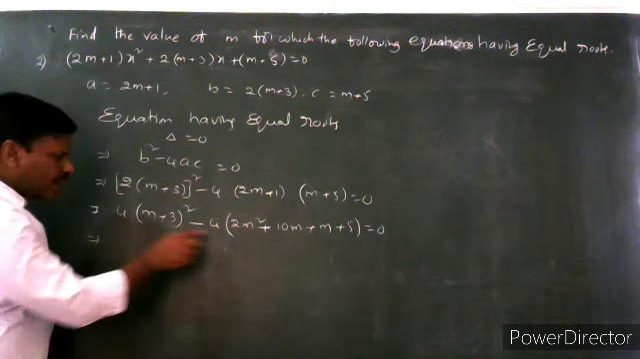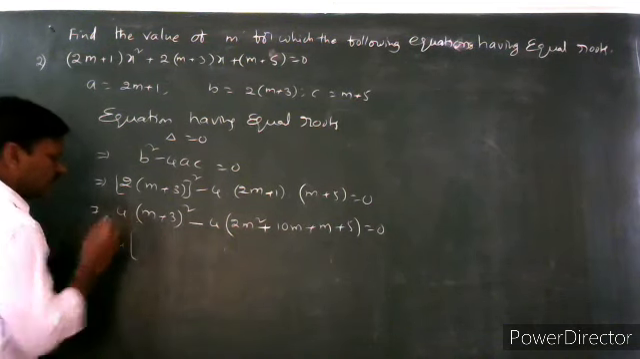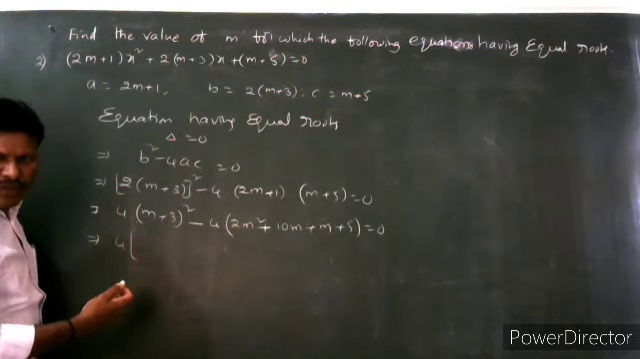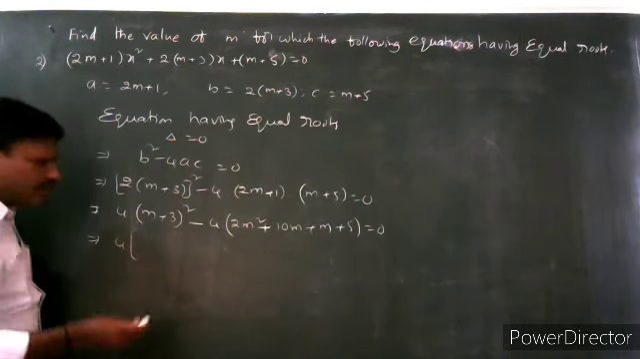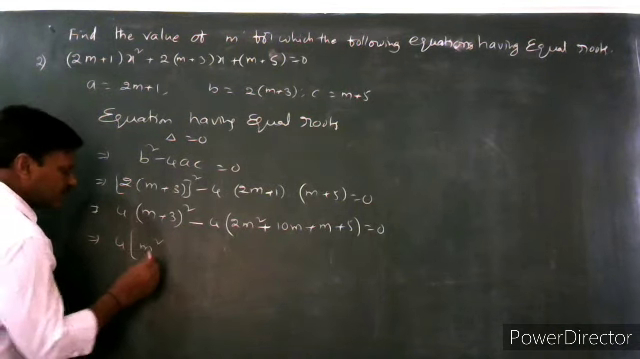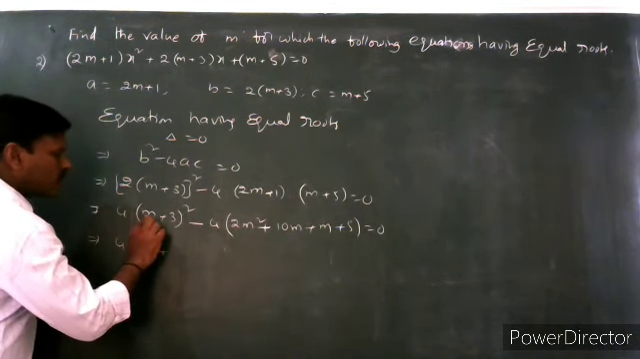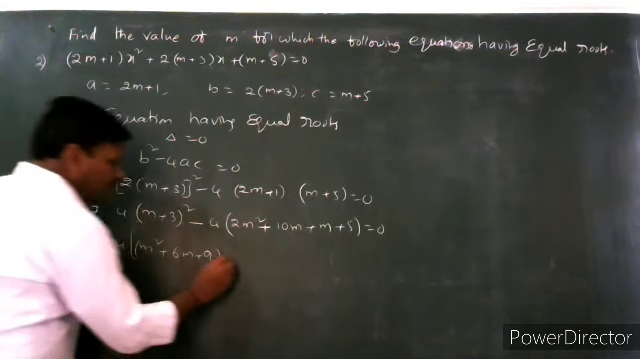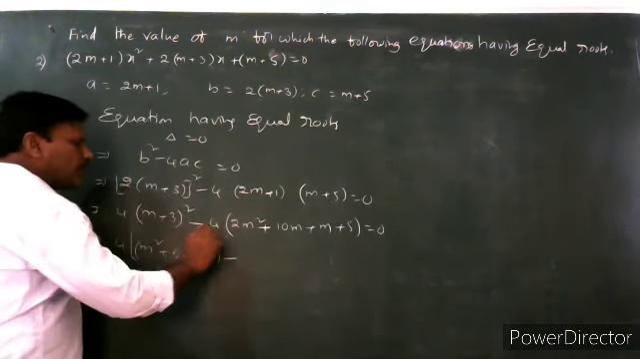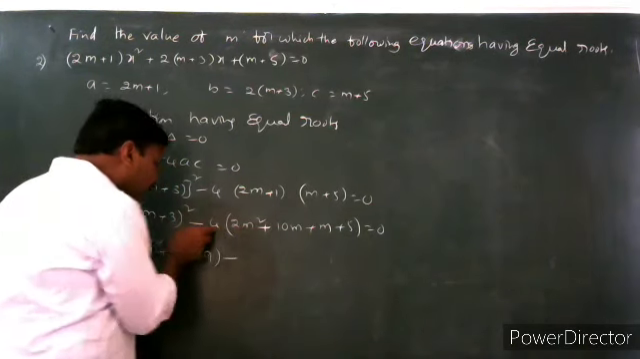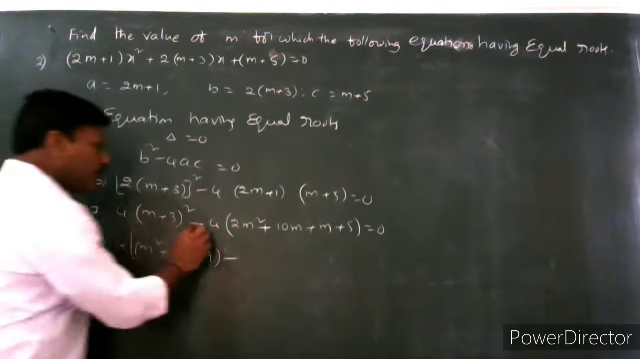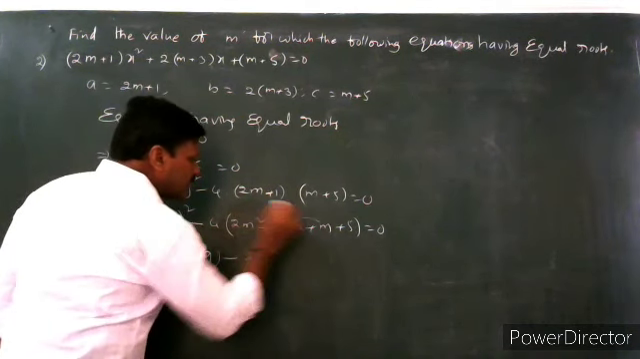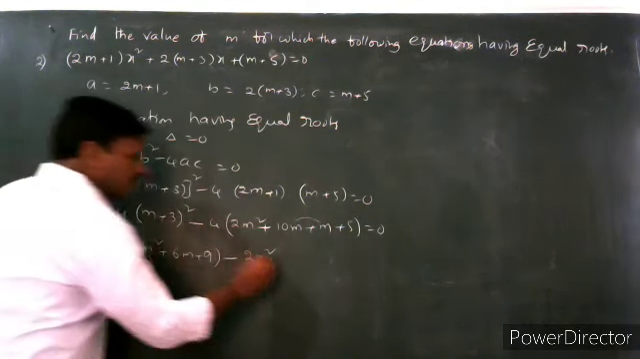Here 4 is there and here also 4, taking it as common. This m plus 3 whole square is the a plus b whole square formula, a square plus 2ab plus b square, that is m square, 2ab is 2 into m into 3, 6m, plus 3 square, 9. Minus, you multiply all these 4 terms with minus and this 4 taking as common, okay, minus into 2m square, minus 2m square, 10m plus m, 11m, into minus